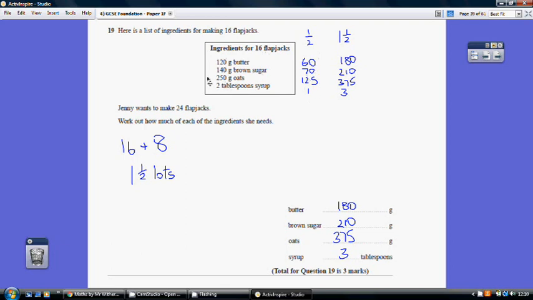So let's add these 2 columns together to give us our 1.5 lots. So 120 add 60 is 180 and so on. So these are our final answers, 180, 210, 375 and 3. So just to clarify, this is the ingredients for 16 flapjacks. This is the ingredients for 8 flapjacks. So if we add these 2 together,